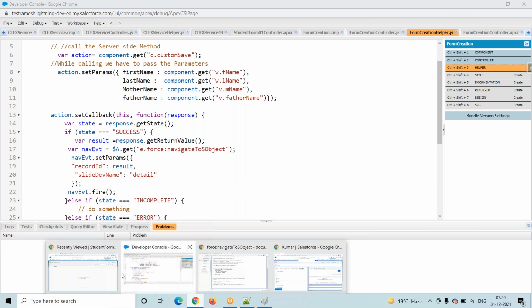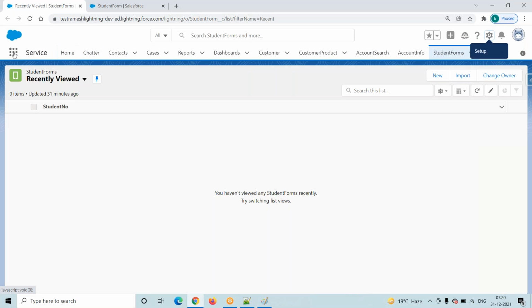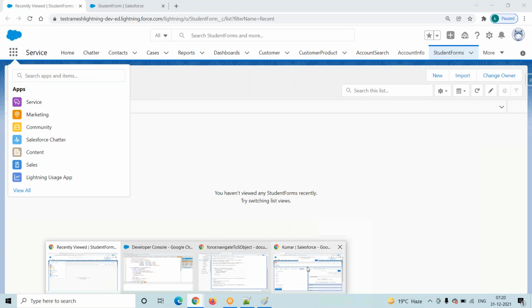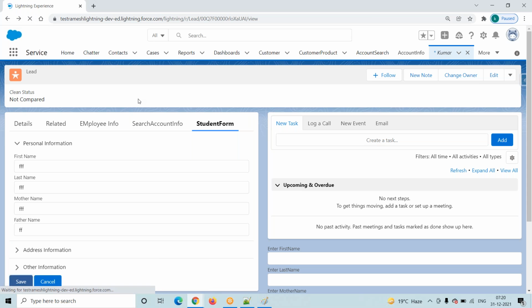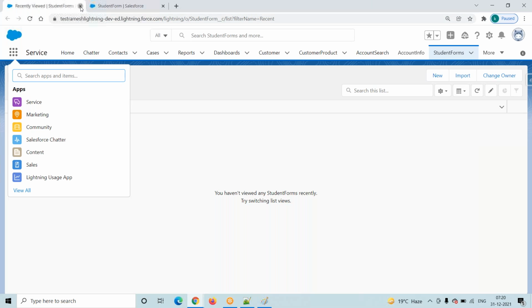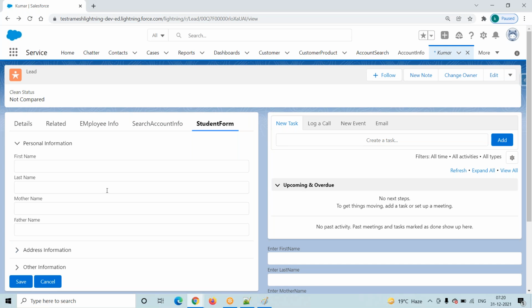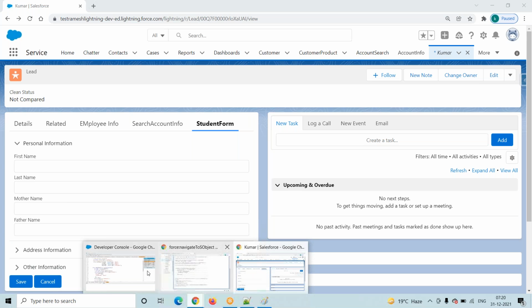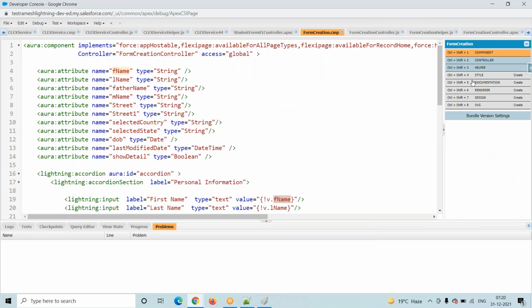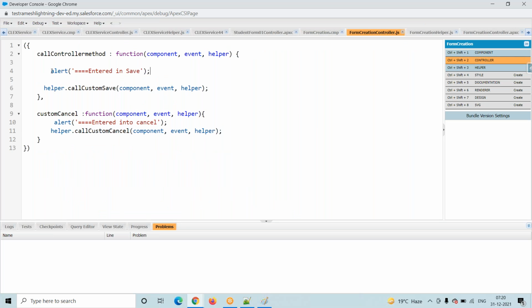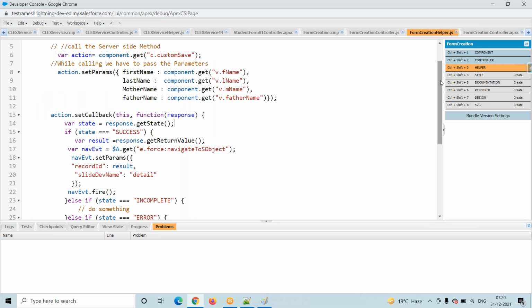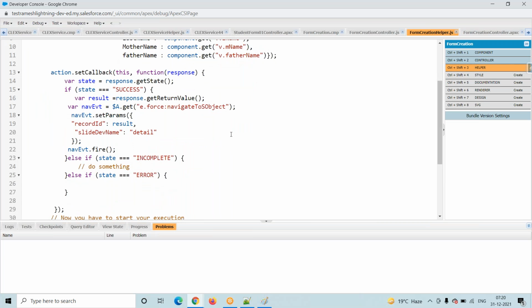See, now we will go on to verify. Go to here, refresh this one. One second, refresh this one. Student form. What I will do, I will go and remove all unnecessary things. Alert boxes. Now finally my requirement is completed. Now we have to remove these alert boxes. Otherwise, suppose a user is accessing this application, it will come up here, right? They will say, boss, what are all these things? Okay, we have to remove the alert boxes.